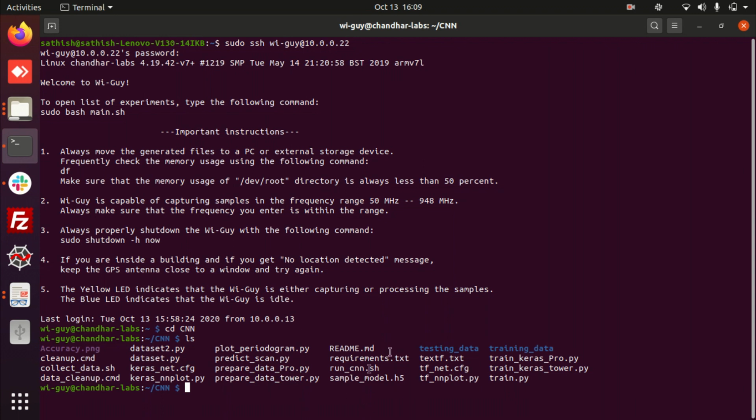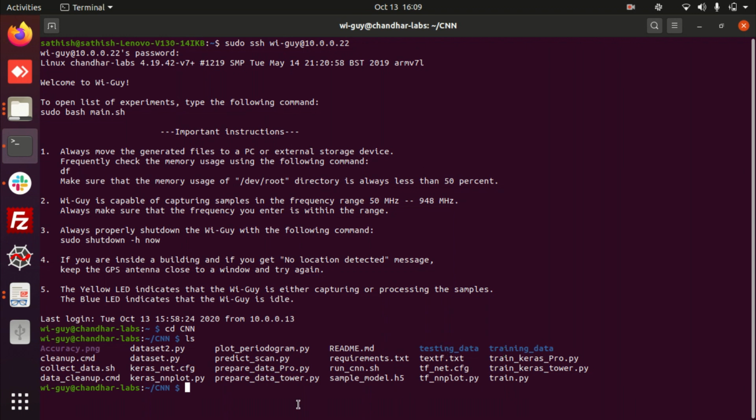The main items here are, if you see, two different colors. The brown color represents the folders, testing data and training data. This represents the folder where whatever signals we are going to generate or test will be visible.